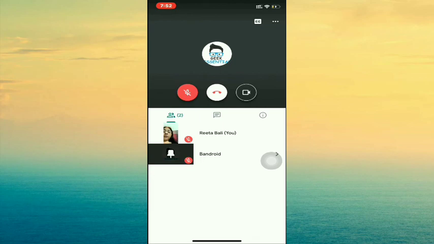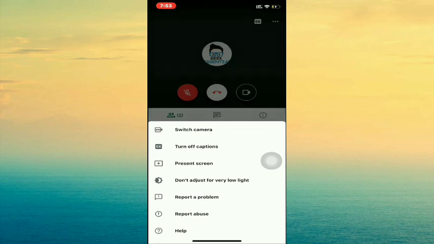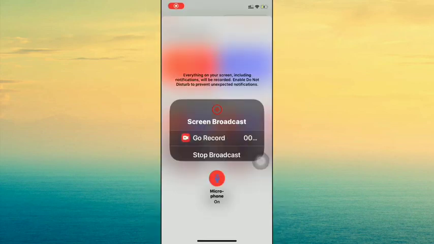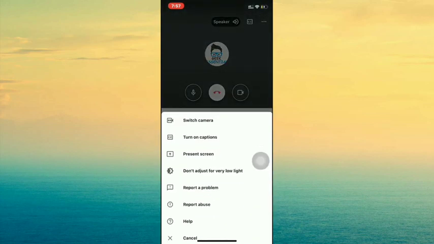And on clicking these 3 dots, you get these many options, and the most important option is present screen. Other options I have explained to you. So by clicking on present screen, you can present your screen, or you can share your screen with the members and show what you want to display. Okay, thank you.